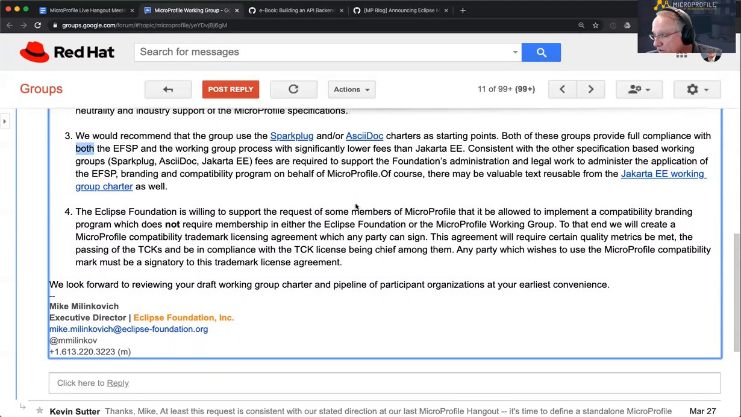This agreement will require certain quality metrics be met, the passing of the TCKs, and be in compliance with the TCK license. Any party which wishes to use the MicroProfile compatibility must be a signatory to this trademark. So one of the things that we had talked about, what this basically means is